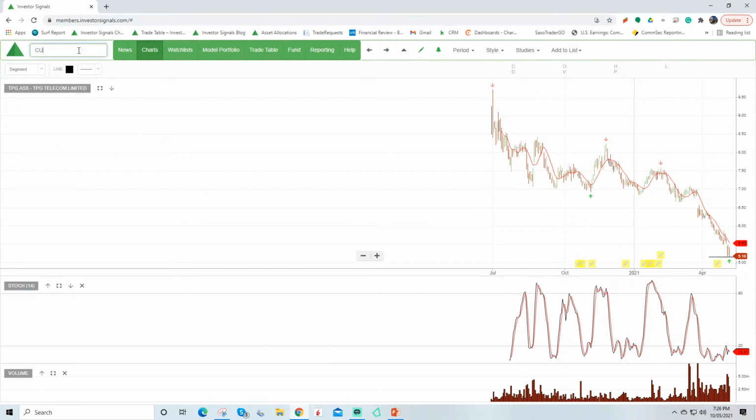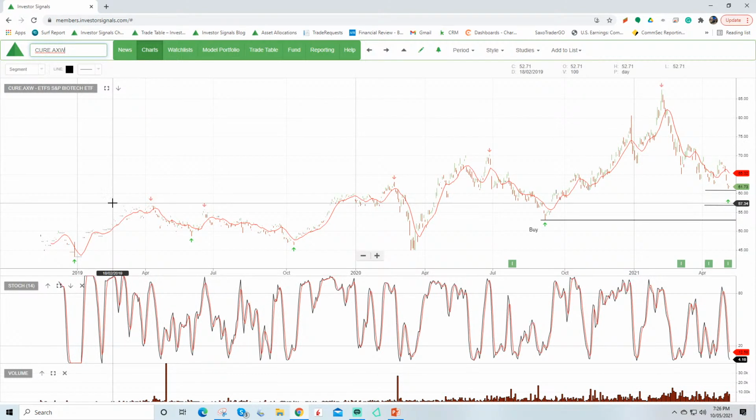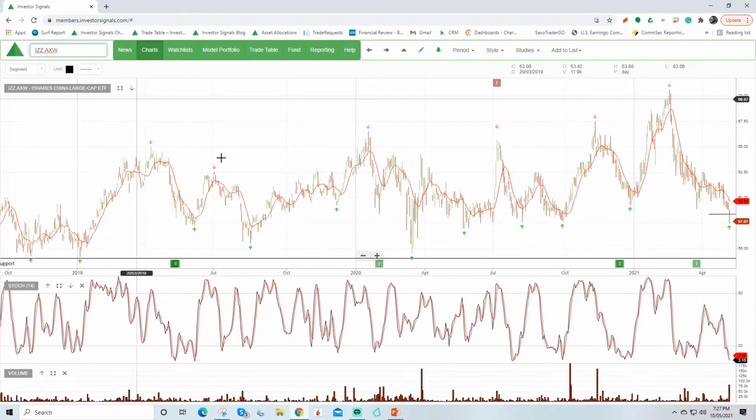So just to look at a couple of the ETFs that I've been flagging on the blog, continue to like this Cure ETF, and we're accumulating that. IZZ is something to have a think about. We've traded out of the CNEW, which was the China New Economy ETF, and we've started building some exposure here in the IZZ as a broader index play. We are taking small positions in some of the Chinese internet companies, and I'll continue to update you on the blog regarding that.